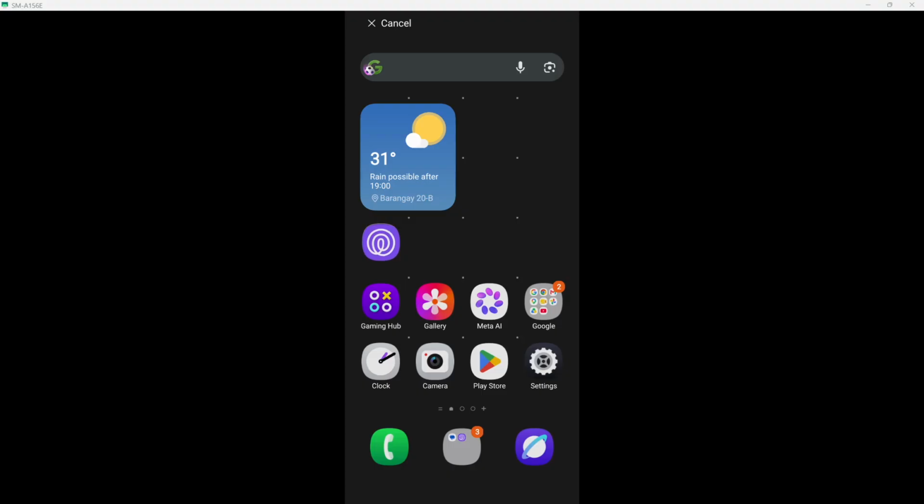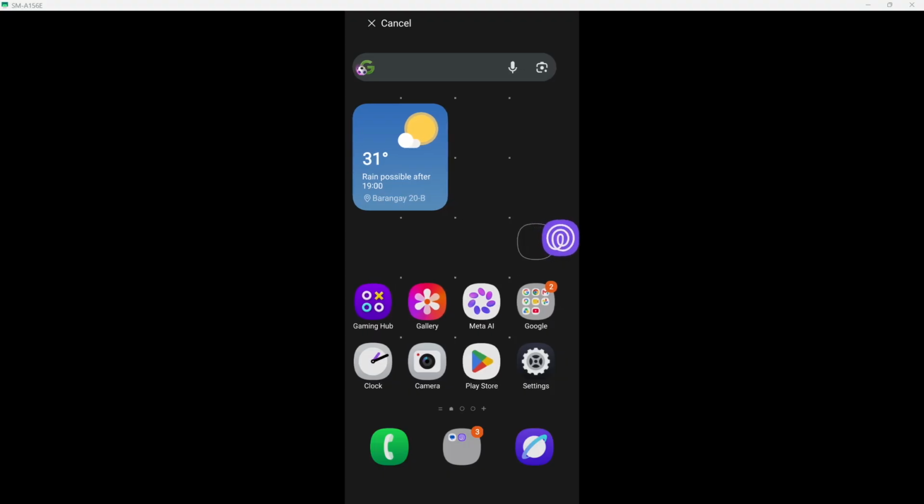This involves moving your finger while maintaining pressure on the app icon. You might need to navigate to the edge of your screen if you are moving it from a folder or another page. Ensure you are moving it to a clear space on the home screen. This visual adjustment is significant because it allows you to organize your apps in a way that suits your daily routine. Finally, release to place the shortcut.